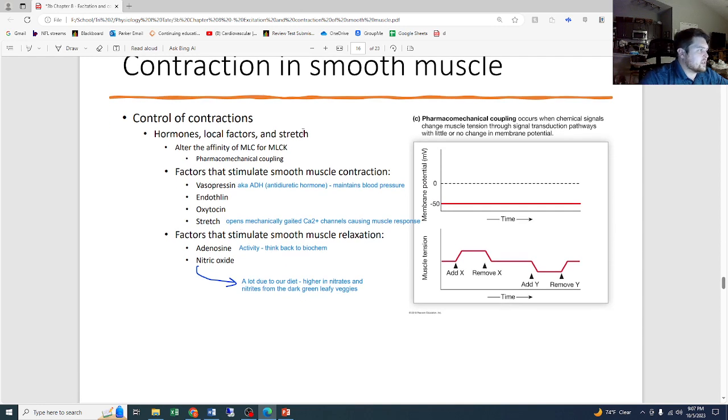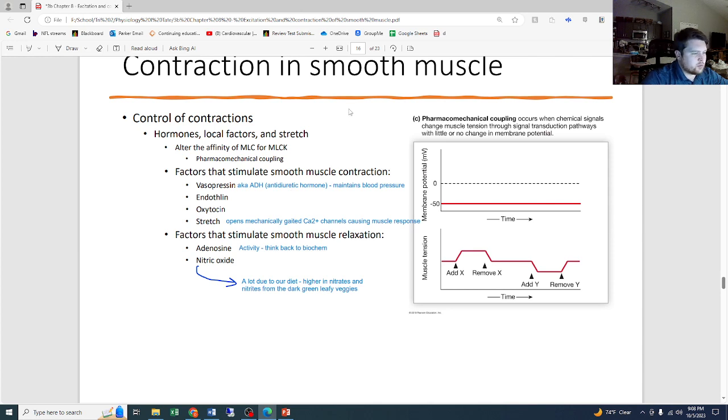So hormones, local factors, and stretch can alter the affinity of the myosin light chain for the myosin light chain kinase. So these are different factors that stimulate smooth muscle contraction. You'll learn a lot more about vasopressin and oxytocin in Physiology 2, but just a little bit of information here. Vasopressin is aka ADH or antidiuretic hormone, and that works to help maintain our blood pressure,